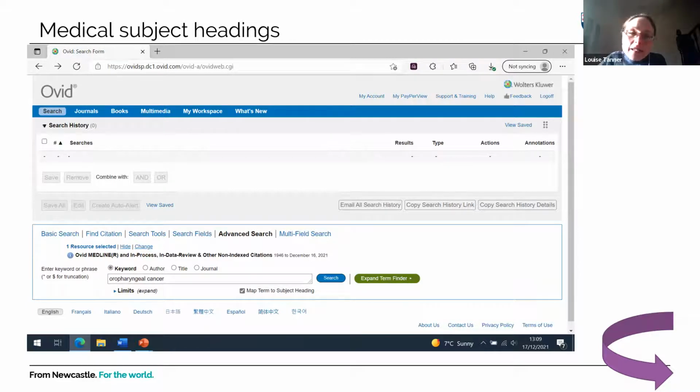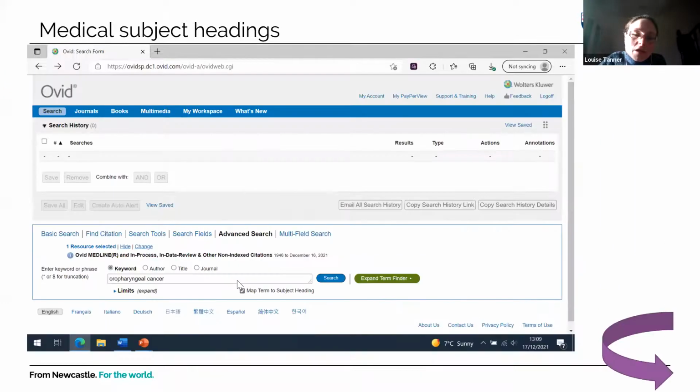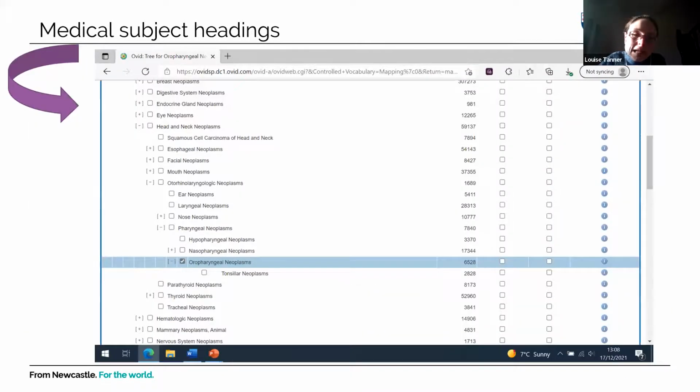Yes, the mesh terms. So you would enter a term manually, like it might be oropharyngeal cancer or it might be throat cancer. And if you select the option where it says map to subject heading and then click search, oropharyngeal cancer, as you can see, is actually a medical subject heading. But if you type throat cancer and click search, it doesn't look like there is a mesh heading for that.